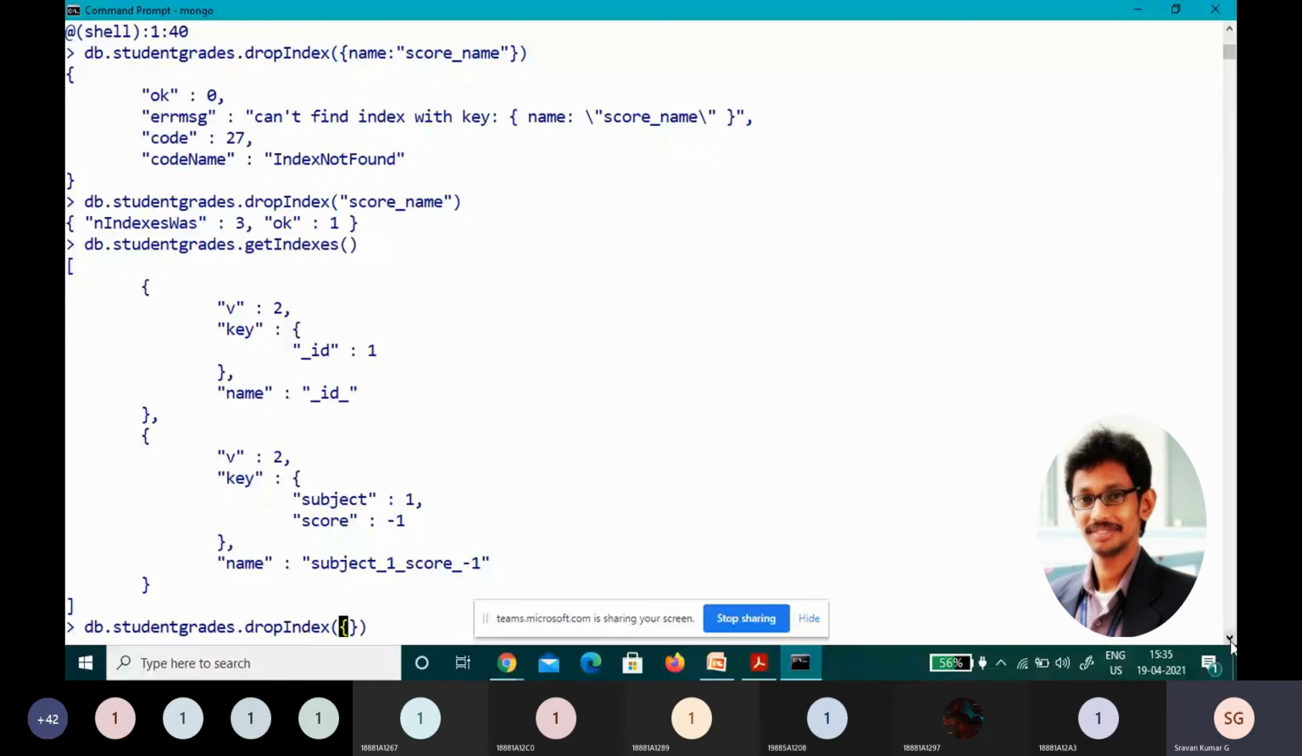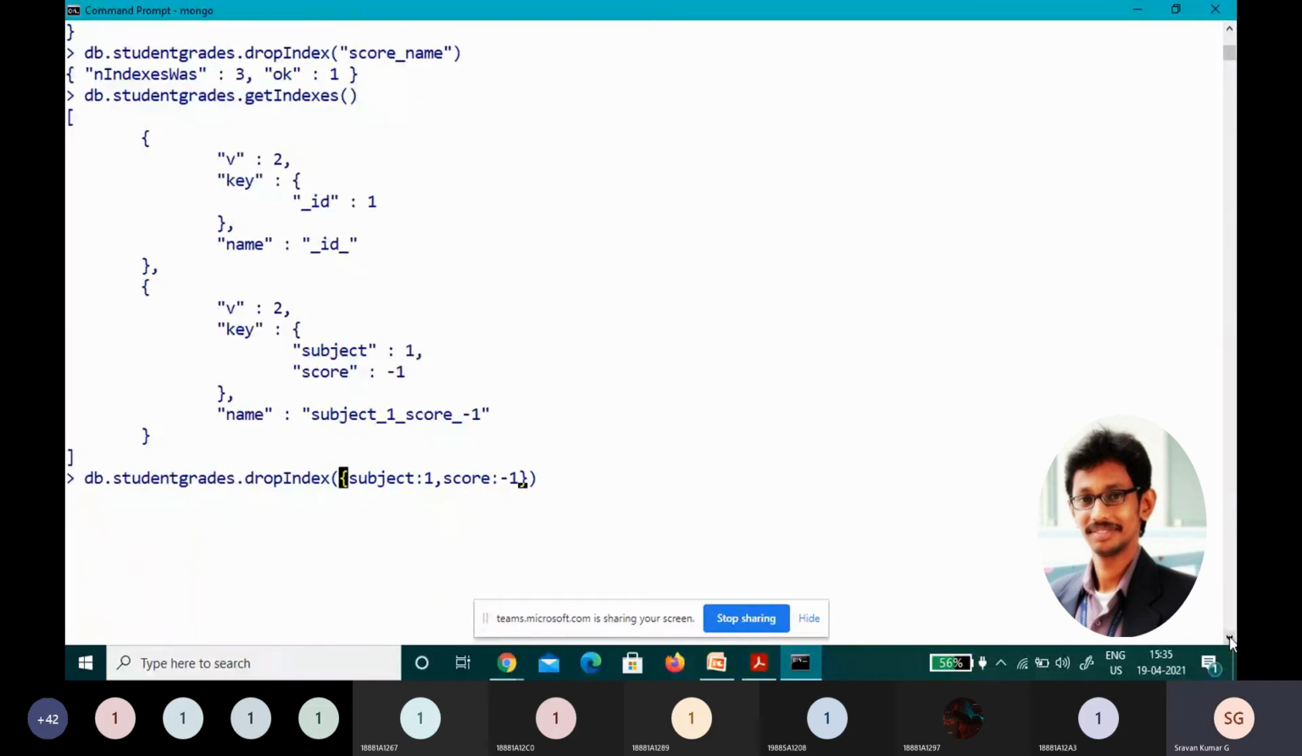Drop index. What is the name of the field? Subject: 1, score: -1. So in this way, this is another way to delete the index. So this is what a compound index is. Next we'll see